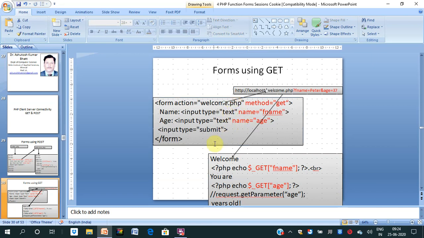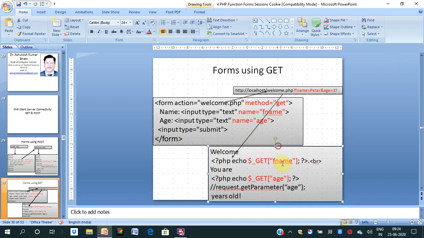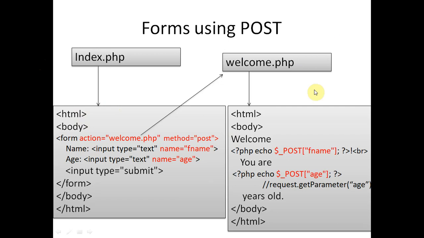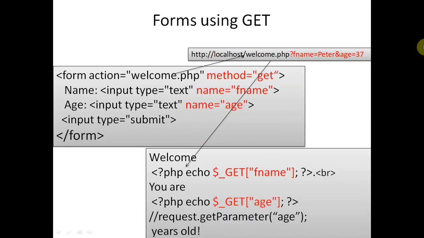I am moving it here. You can see this program here also. This is another program of PHP, where we have this form. Again we have the same program. The same program is written in the next slide, but we have changed method equals post to method equals get. So this way you can see here method equals get. The same program is here also.